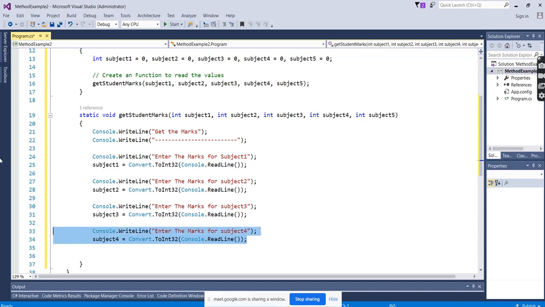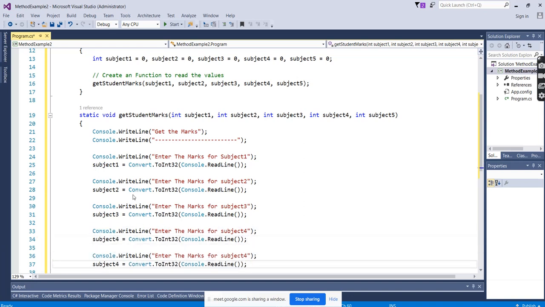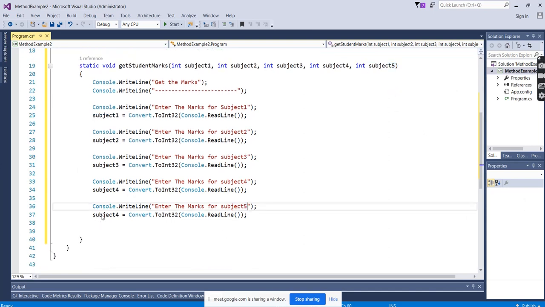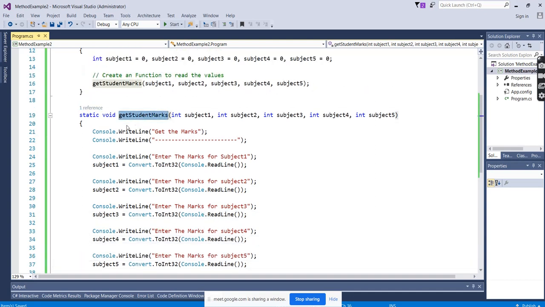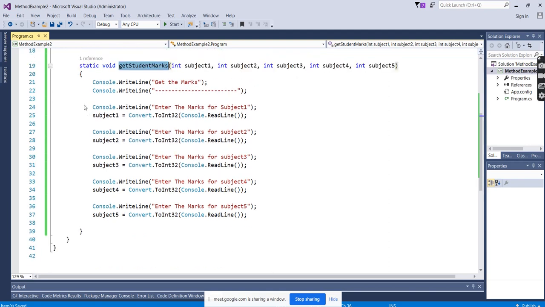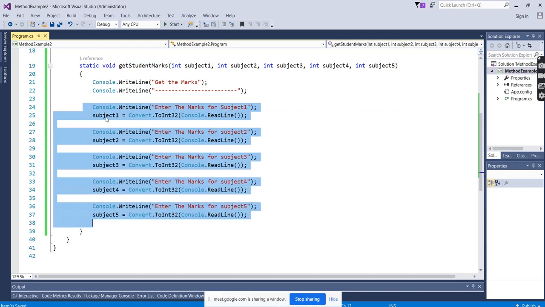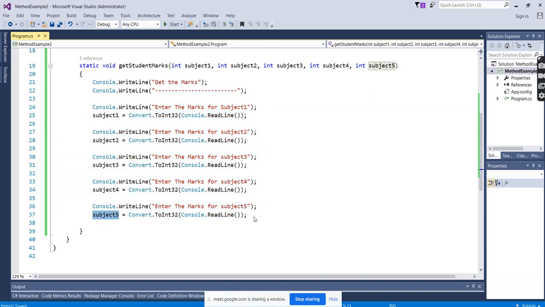Whatever the user is giving dynamically, we are accepting the values. Okay. So the first purpose of this method is done. What is the first purpose? We are getting the values, we are reading the values from the user. Whatever the user is entering, we are reading here. Okay.